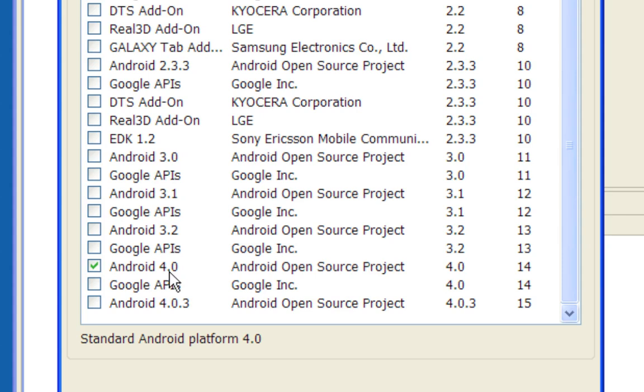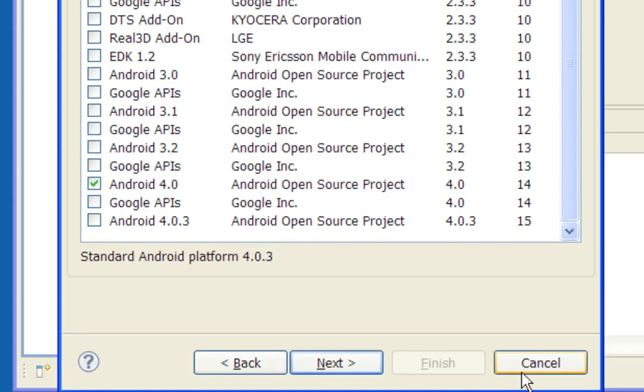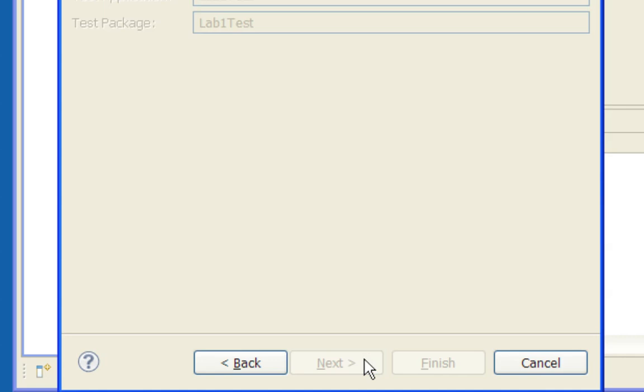It doesn't really matter which one you select, but I don't really recommend this newest platform release. It's a bit buggy, or it is on my computer. So Android 4.0 seems to be pretty stable. So I'm going to select that as my project type. It is still pretty current. Make sure to select the Android one and not the Google API. And then I select Next, and